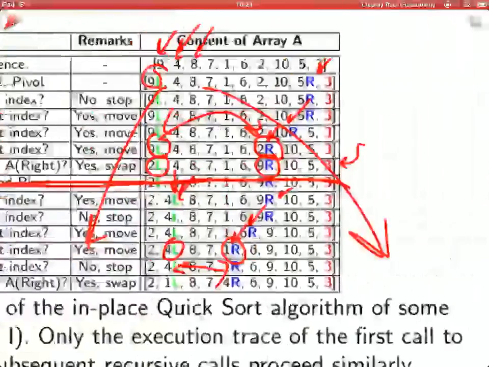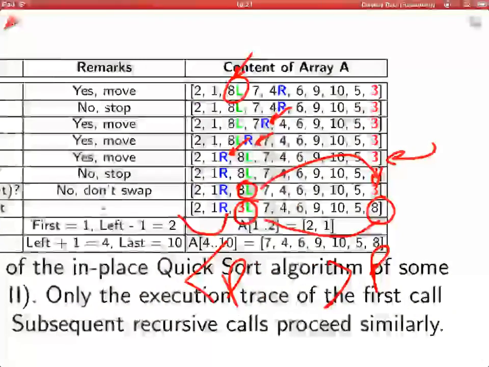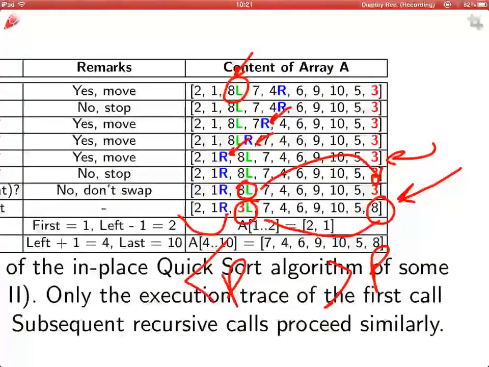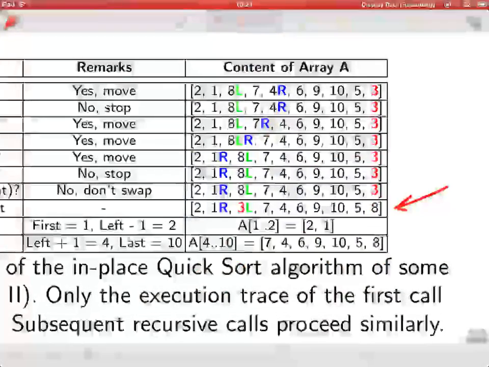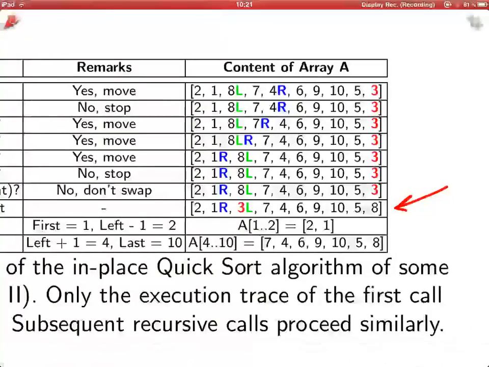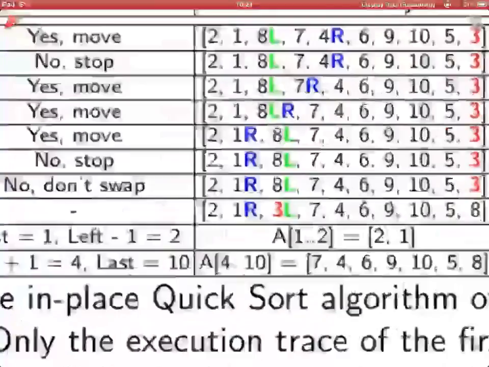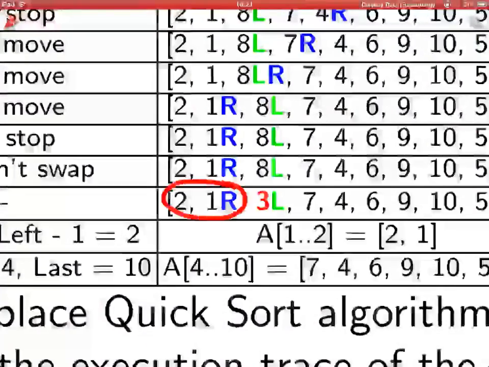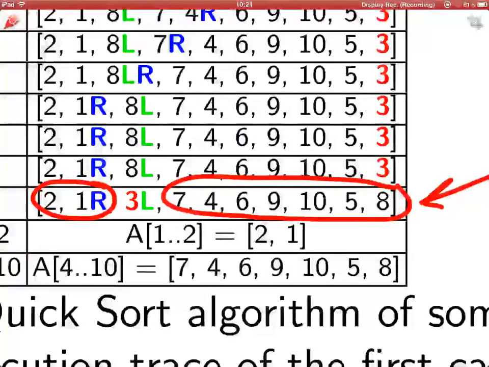So this quicksort does not require extra big O of n space. It only requires big O of log n space because it's a recursive algorithm. So it requires constant space in every recursive call, and because we have this quicksort, in the worst case it requires big O of n extra space, because remember the recursive call,